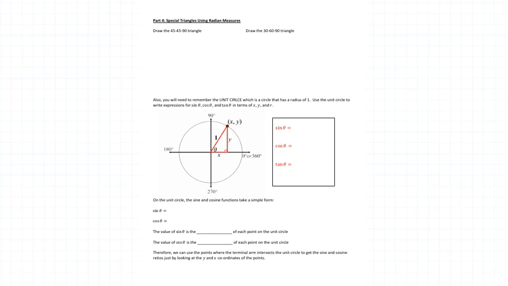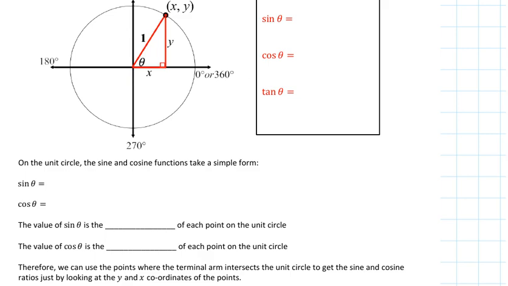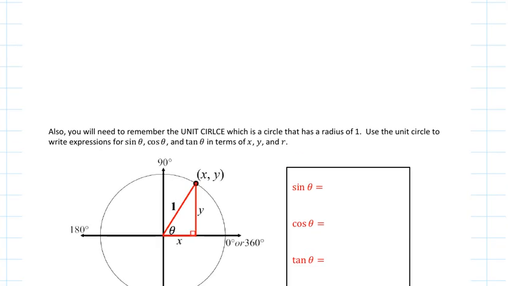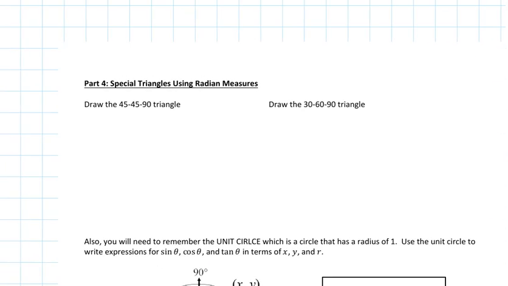So as we've done in grade 11, we talked about special triangles, and we talked about how to use the special triangles with the angles and with the SOHCAHTOA. So in this case, we're going to do the same thing. So we're going to draw the 45, 90. Okay, so but that in radians, this is going to be pi over 4,